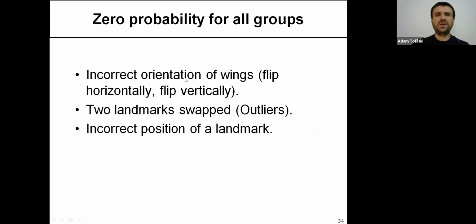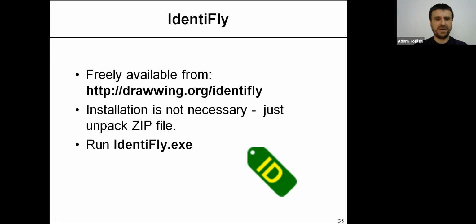In some cases, with my software, you will get 0 probability, and this is when the orientation of wings is incorrect, and also when 2 landmarks are swapped, or when you don't place them correctly. But I will try to explain this in